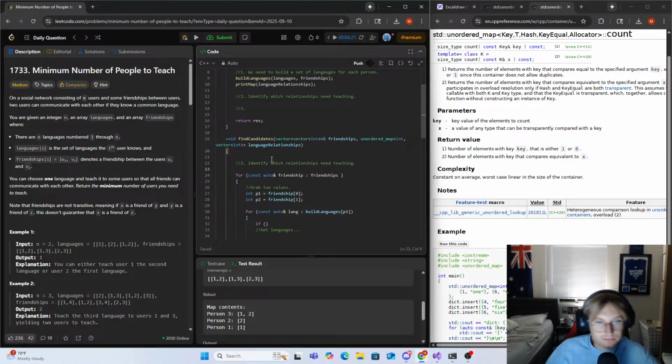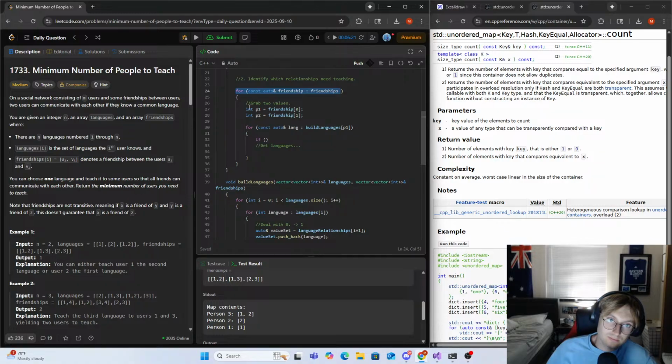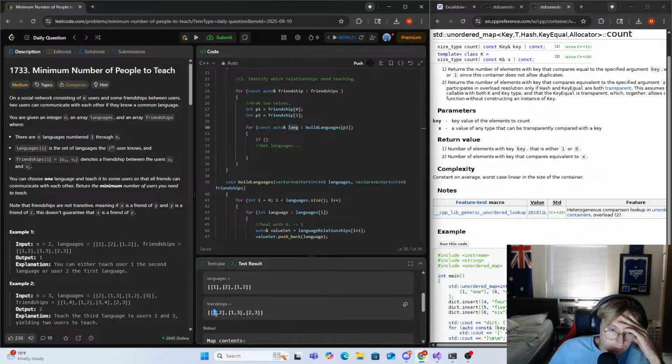Let's bring this here. Identify which relationships need teaching. So we're grabbing P1 and P2, right? And then we're looping. For const auto reference lang, which I don't think is a language. These are the people, right? If person 1